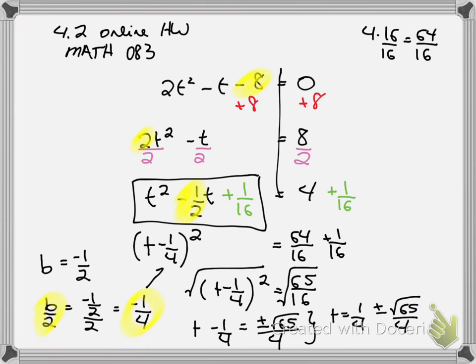Okay, so the next thing I want to talk to you guys about is typing this into my open math, because that was what most of the emails were about. Okay, so let me go to the next page here. So again, we have t is equal to 1/4 plus or minus the square root of 65